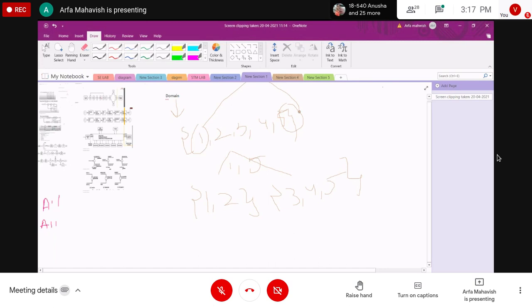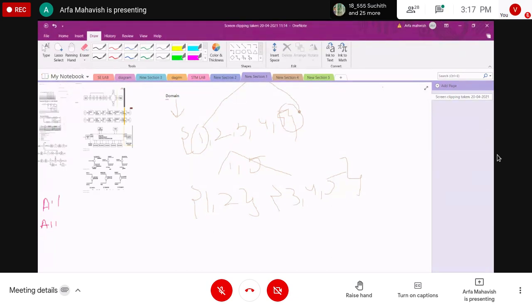The domain can be divided into subdomains, that is, 1 and 2, and 3, 4, 5. These two sets we have divided, and this division occurs by predicating the domain.